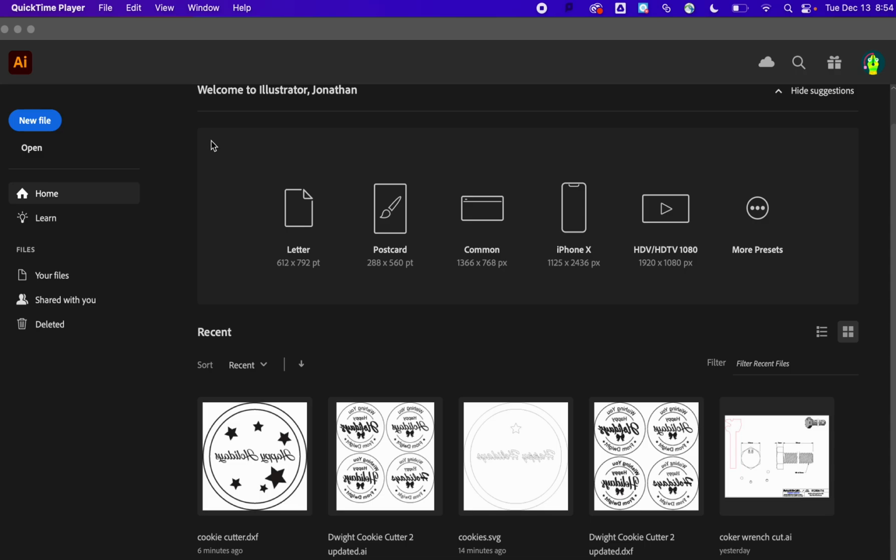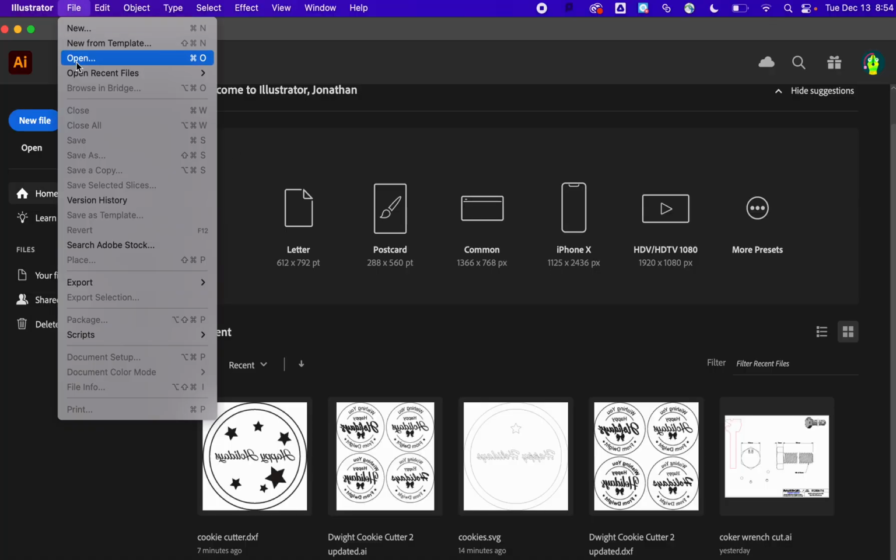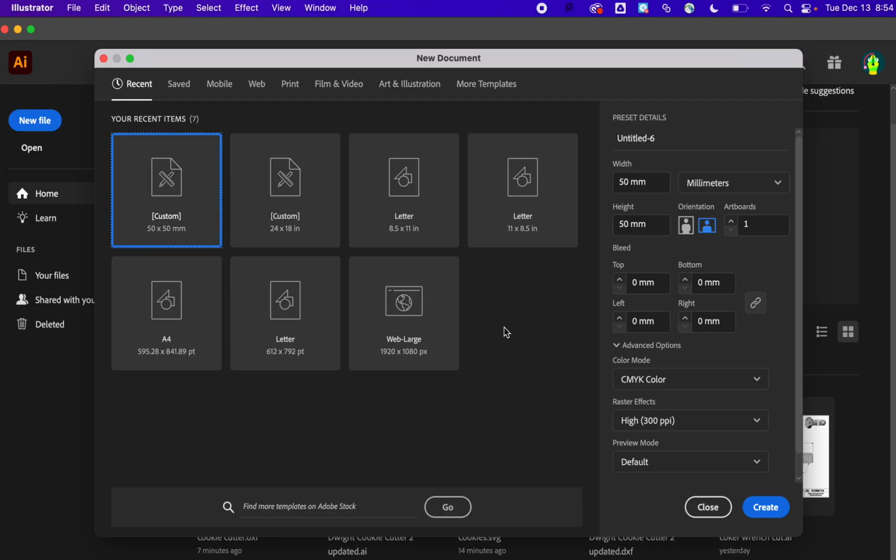It's a two-parter. It's going to be how to make a cookie cutter using Illustrator and Fusion together. So first thing we want to do is come in here and make a new document. And we want to make sure that we have millimeters selected because we did give you a profile of 50 by 50 is the maximum. And you can go in here and just double check. Yep, millimeters, and type in 50 just in case so I know we're all doing it at the same time